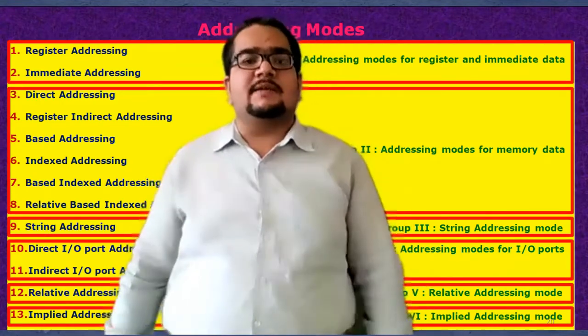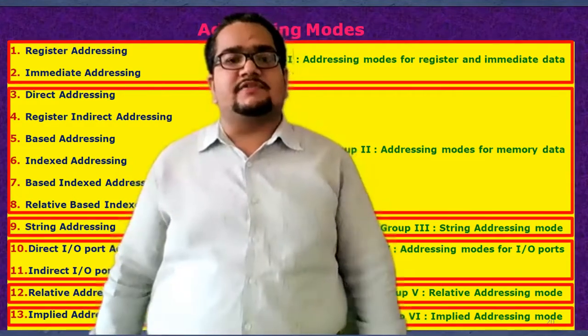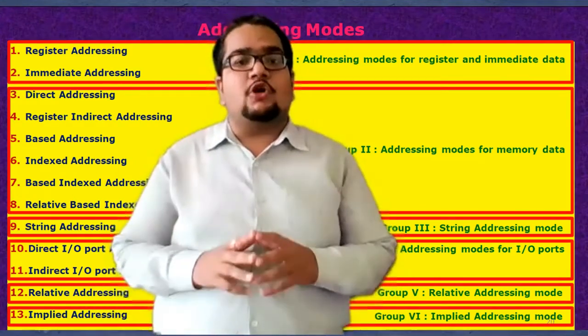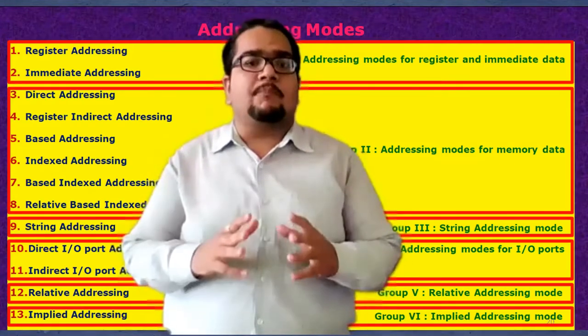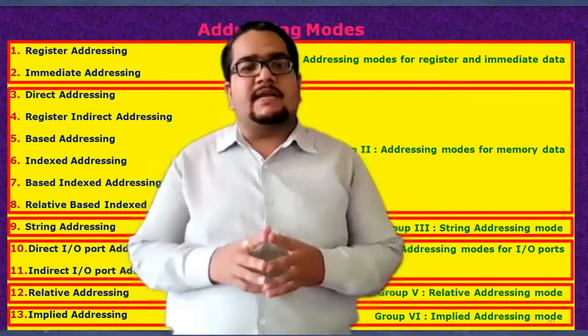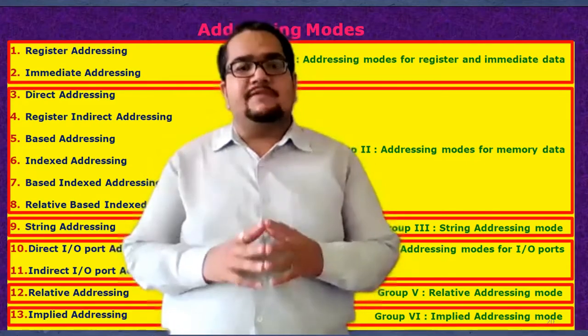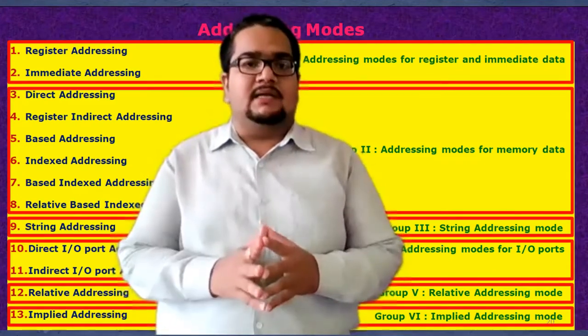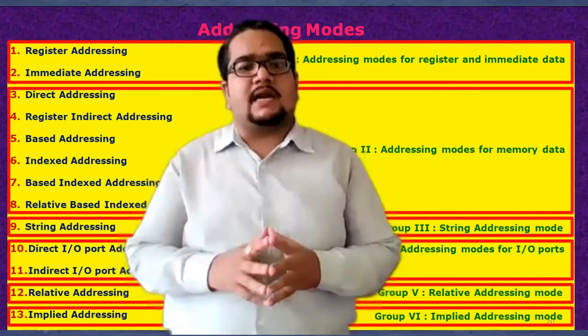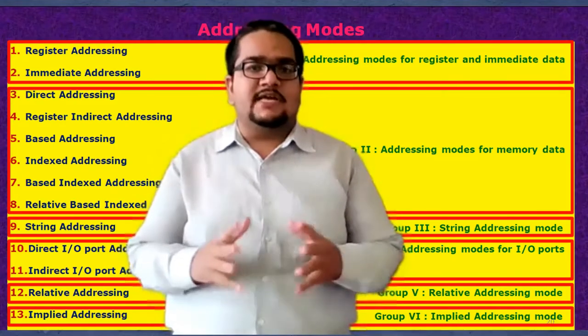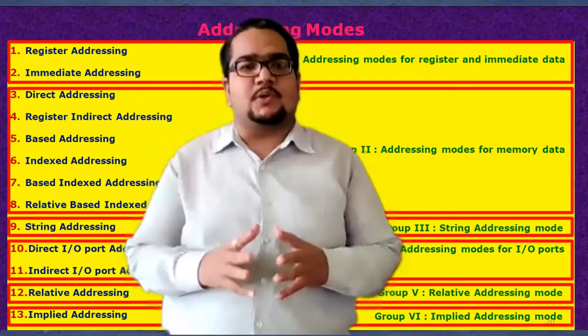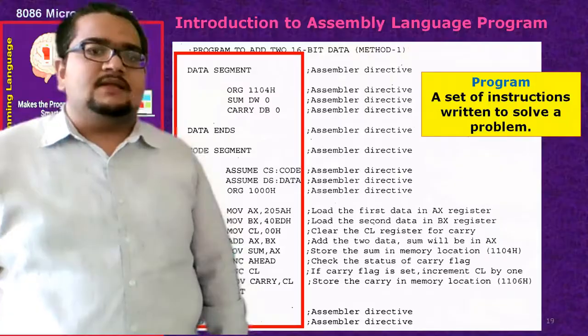Okay, and finally is the implied addressing. In the implied addressing, we have checked that we need not mention the operand separately; the operand is part of the opcode itself. So there will be 1-byte instructions of opcode, in which the operands are implied. The processor knows upon what data, or upon what particular thing, it has to operate. One good example is the CLI instruction, where it has to clear the interrupt flag.